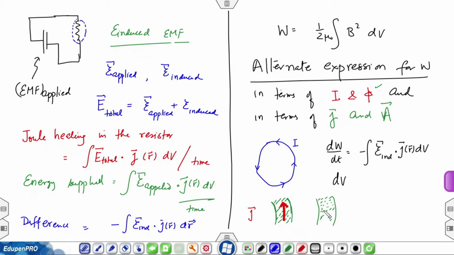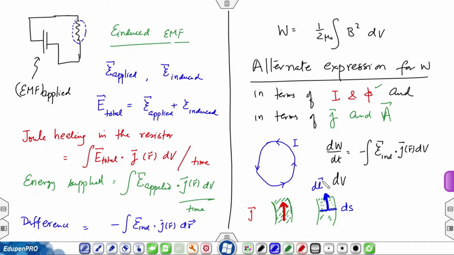Here is a section of it which I am going to call the area ds, and in the direction of current there is this dl,